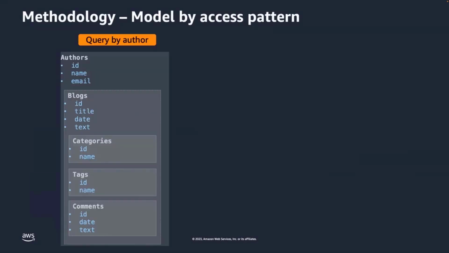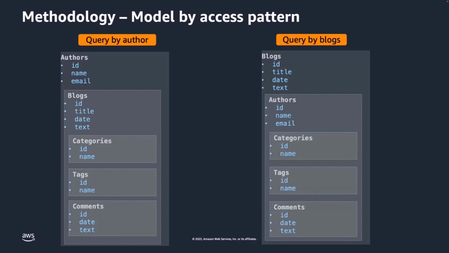The first thing to think about is to model by access pattern. If you're querying by author, for example, the simplest approach would be to embed everything in the author documents in an author's collection. But for the application, it's probably not going to be the best approach, as the UI, the front end, will show blogs, not authors. Also, from a database model point of view, the author's documents will potentially be quite large if an author writes many blogs, plus all the other data, the categories, the comments. Probably the better approach is to query by blogs, as this was also one of the requirements. One of the most important queries was identified as being the